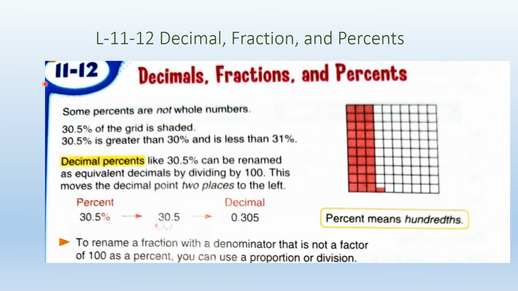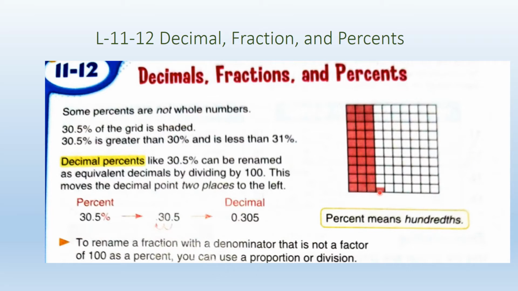Today's lesson is decimal, fraction, and percent. Now you can see in this grid how many total squares there are: 100, and the colored ones are 30, 10, 10 and 10. 30 is there, and you can see the one small square is half. That means altogether it is